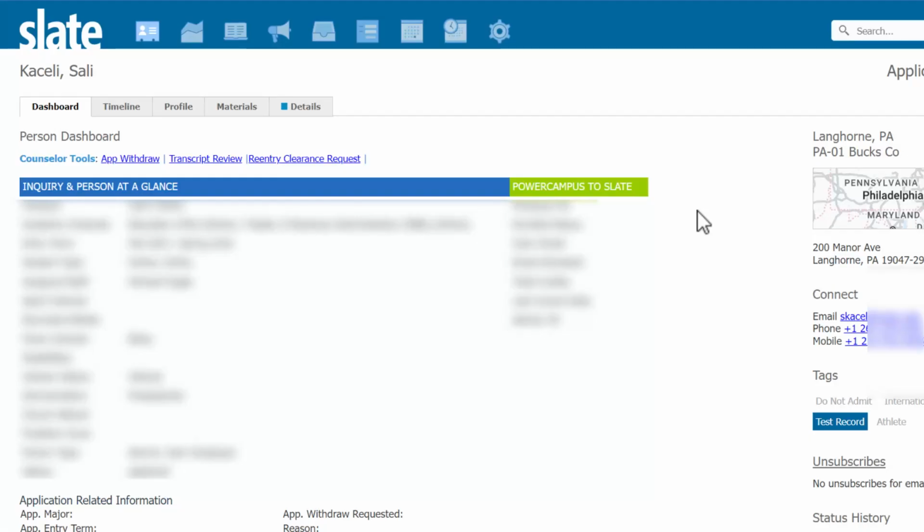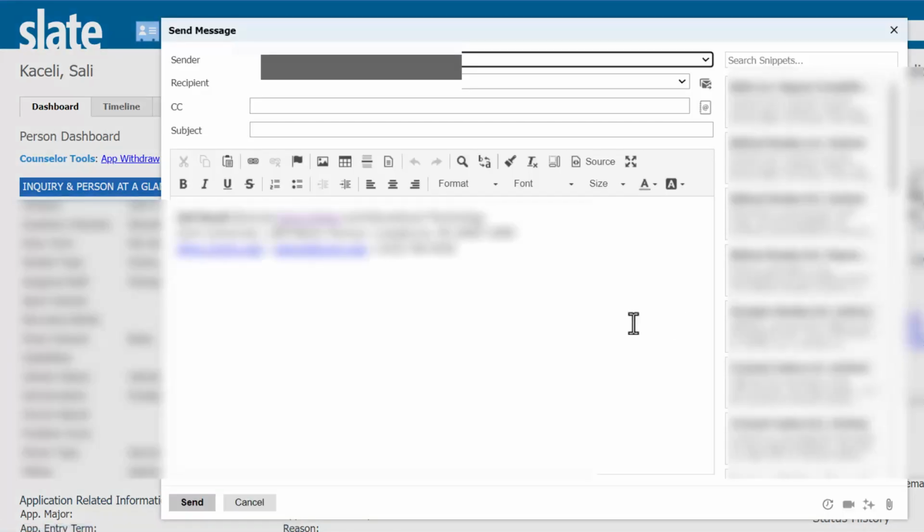In this brief video, I demonstrate how to send an email using AI or ChatGPT within Slate. So here's how you use it. You go here to email, to send an email to one of the students or applicants. Now on the very bottom here, notice there are these little stars. Click on that,